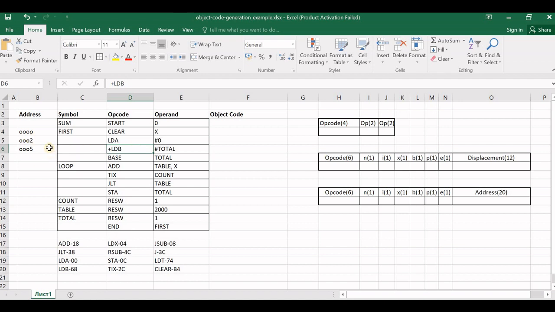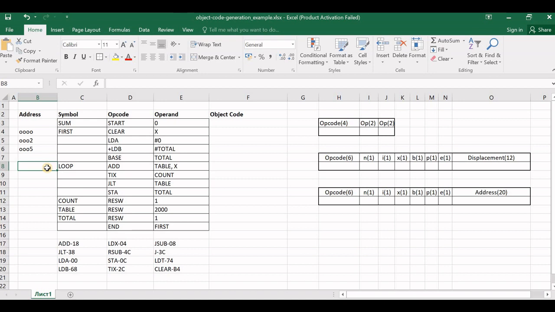Since this instruction is starting at address 5, it occupies 4 bytes: 5, 6, 7 and 8. So obviously the next instruction should begin from address 9. But when you see, the next instruction is an assembler directive, which is BASE total. Assembler directives are not executable instructions. They are going to direct the assembler to perform some operation. So which is the next executable instruction in sequence? It is ADD table comma X.